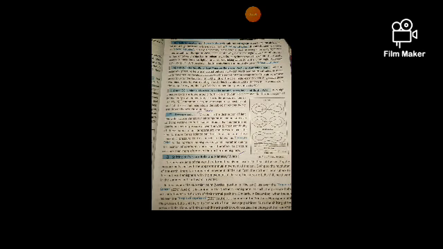Now we are going to learn about the shifting of pressure belts and planetary winds. The pressure belts of the world are formed mainly because of the heat of the sun. So the pressure belts shift with the apparent annual movement of the sun. Owing to the revolution of the earth, there is an apparent movement of the sun from the northern hemisphere to the southern hemisphere. With the movement of the sun, the pressure belts shift northward in the summer and southward in the winter.